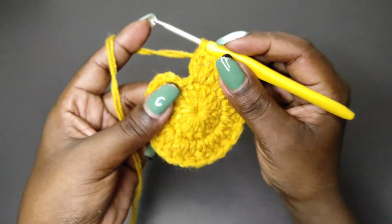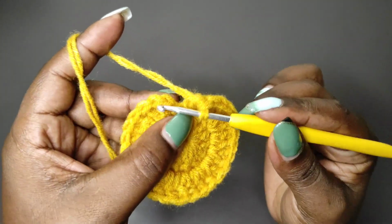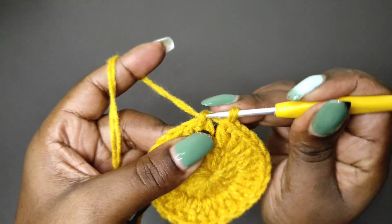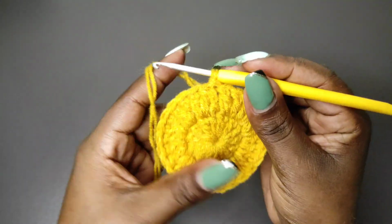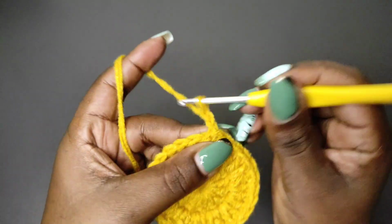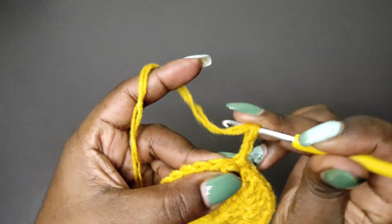I'm done with round 2 and I have a total of 26 double crochets. To complete round 2, insert your hook into the first double crochet on top of it, then slip stitch to complete that round. Now we begin round 3, and for round 3 again we start by chaining 2 into that first stitch, place 1 double crochet,